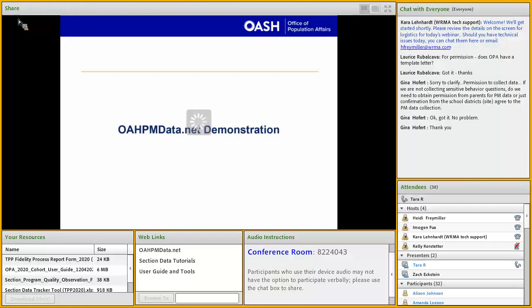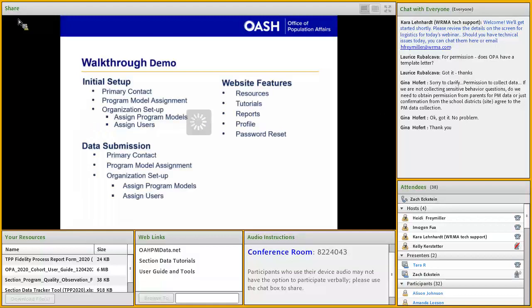Thank you very much. All right, so what we're going to be taking a few minutes to go over today is the OAHPMdata.net website. We'll be doing a few things. I'll show you the initial setup that you'll need to do in order to be able to enter your data correctly. We'll look at all the data submission pieces, how to get all that set up and where to go to enter the data. And then finally, we'll review some of the website features, including our resources with our video